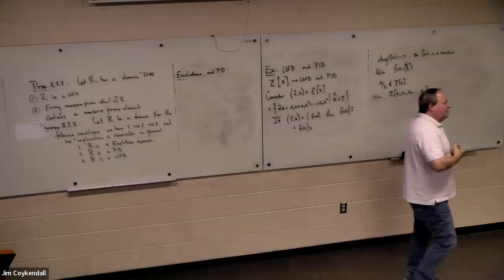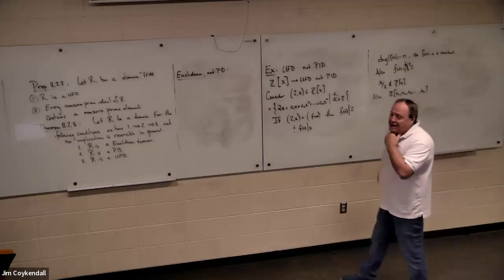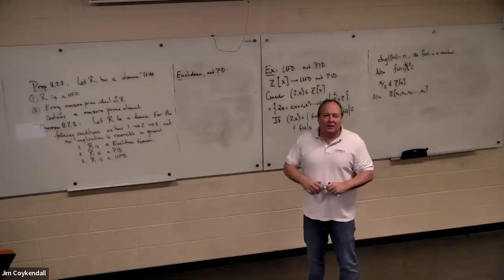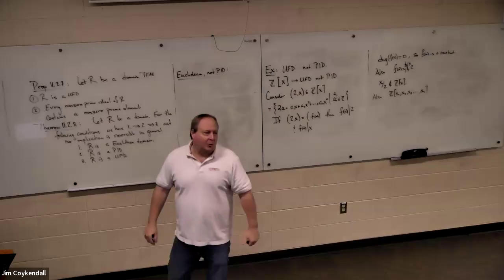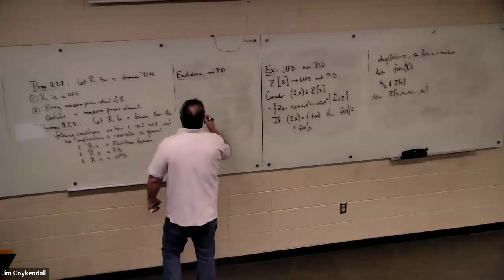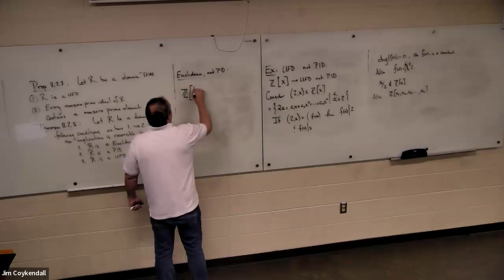Finding domains that are PIDs but not Euclidean, that's a harder task. And in fact, I still see papers that are written occasionally about this, new constructions or new ways to do this. This is a special interest in number theory, as a matter of fact. And I'll give you, in one sense, the smallest example you can see in number theory. I'm not going to prove this works. It's complicated. It's too long, but it turns out that Z